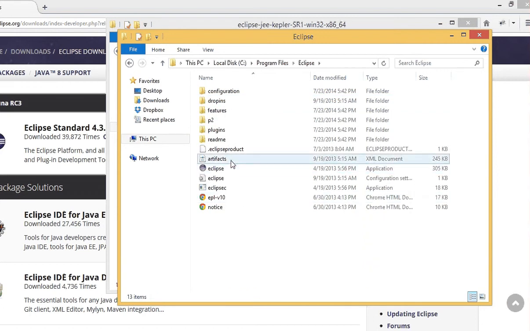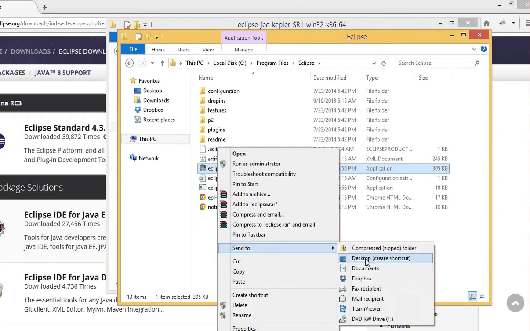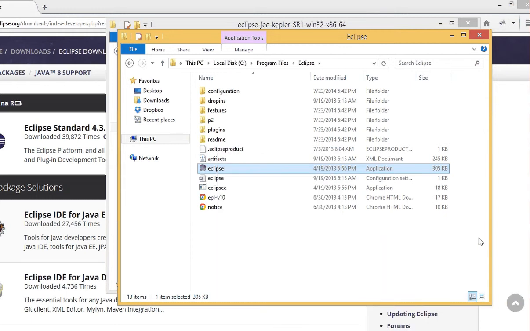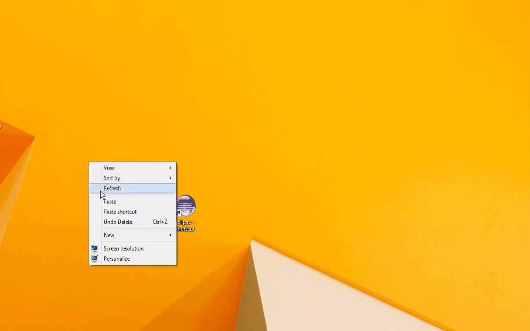Now I have it in my Program Files, but since this is a copy from the folder, it does not have a standard installation, or Windows installation as we call it. So we have to add a manual shortcut to the desktop. You can right click on this, send to, and then desktop. When you send it to the desktop, it will be added to our desktop. You can see this is how the icon will look.